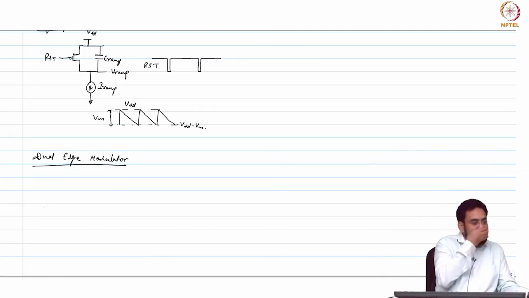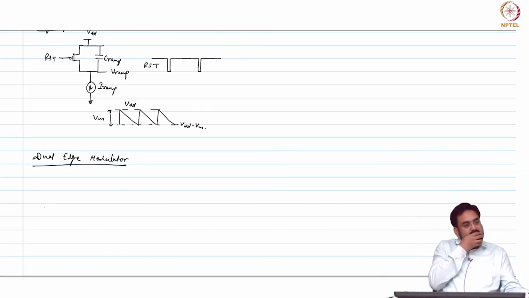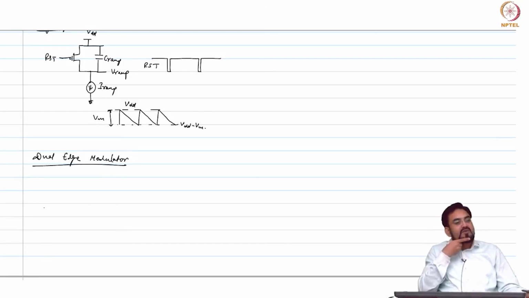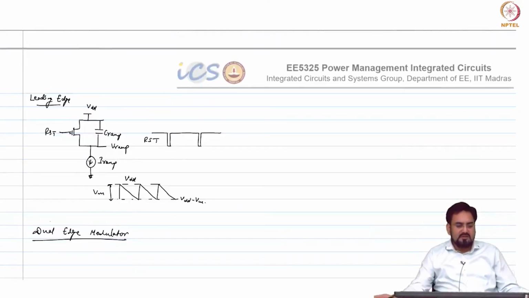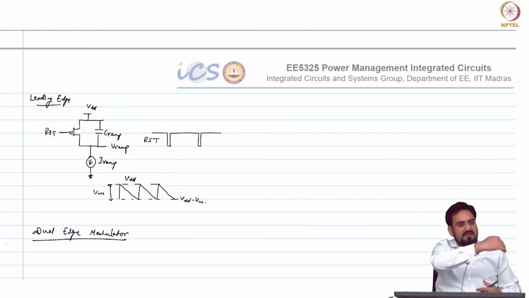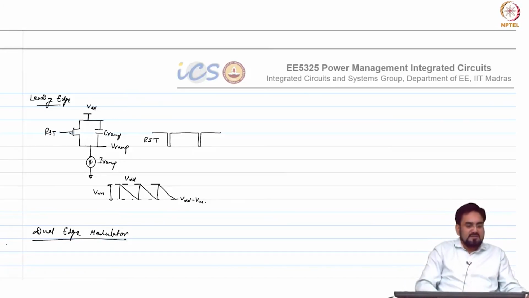How do we do the dual edge? You mean the reset time? But that is uncontrolled. No, but then the slew rate will depend on the MOSFET resistance. So, you are charging with the current and discharging with the, so there is a mismatch in the two. If you are charging with the current, you want to discharge with the current, and now you are discharging through a resistor. So, it will have exponential behavior, it will not be linear. So, non-linearity will also be there,